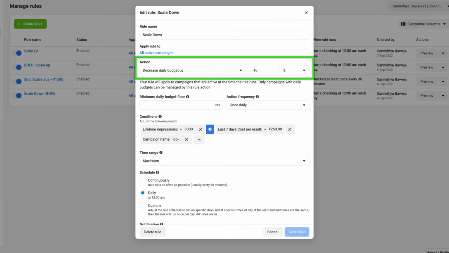So I decrease the budget of the bottom of the funnel campaigns by 10%, and you can see the rest of the details as well. It is very simple to set up, and that's why I'll move on to the next rule, which is to pause the underperforming ads. We all know that Facebook is notoriously famous for spending all the money on just one